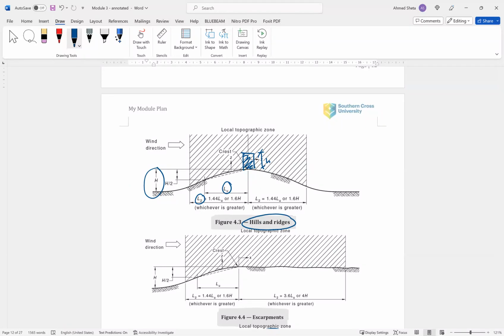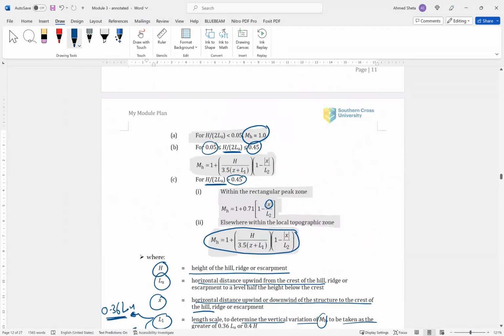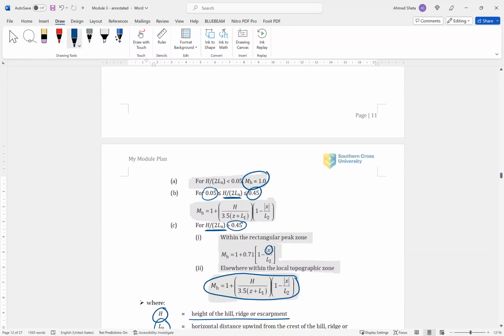And you can find the parameters for the cases using these figures. So if H over 2 LU is less than 0.05, take MH as 1. If H over 2 LU is between 0.05 and 0.45, MH will be 1 plus H over 3.5 Z